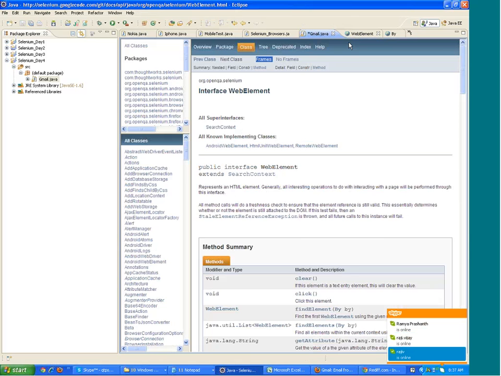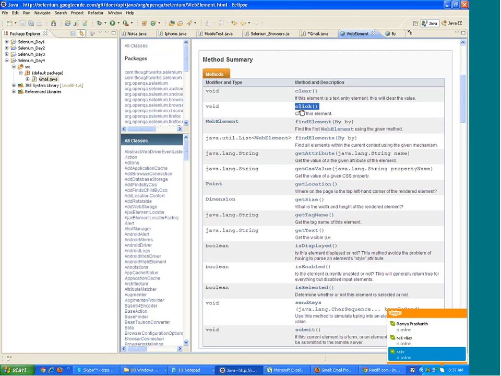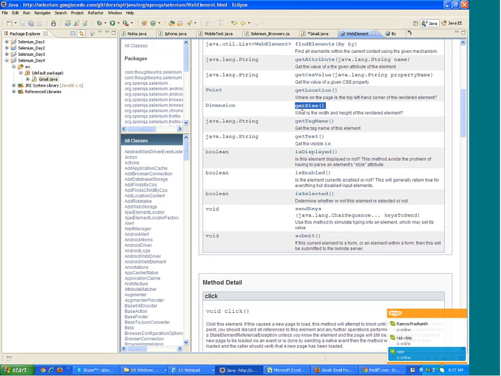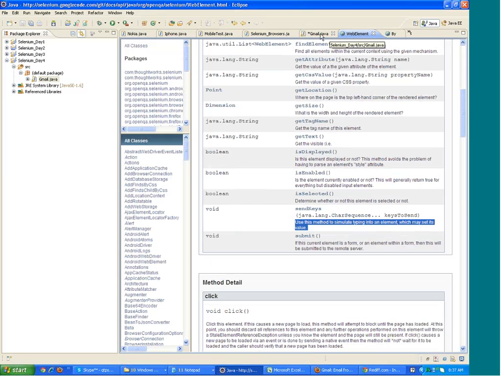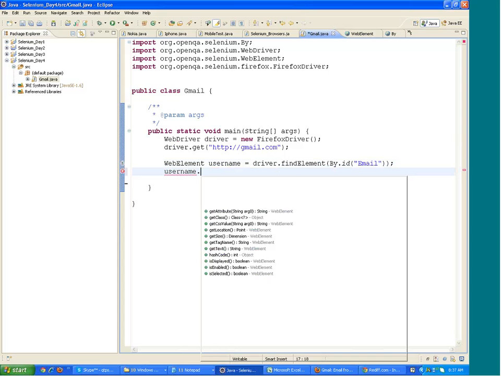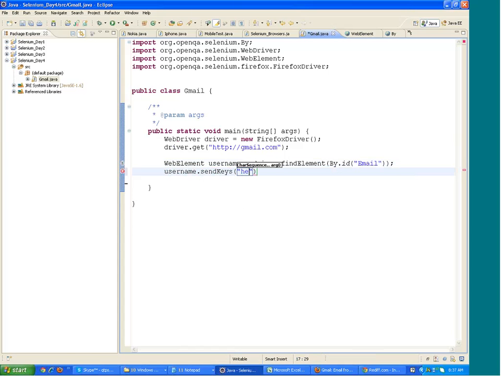For example, click, if you want to click on the web element, or get the size of the web element. Is it displayed? Is it enabled? Or a function like send keys. This will use this method to simulate typing into the element which may set its value. So if you write username dot send keys hello, this will type inside the username field. If you run this code,